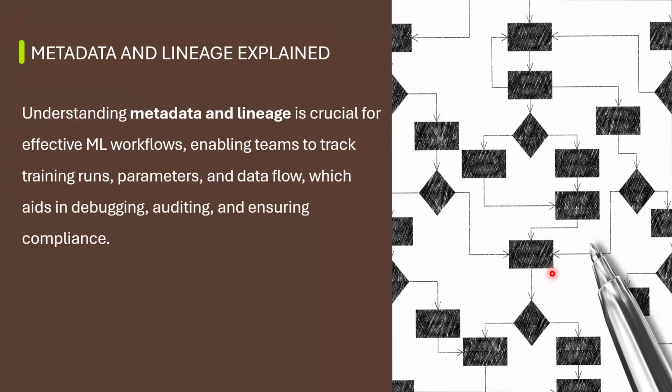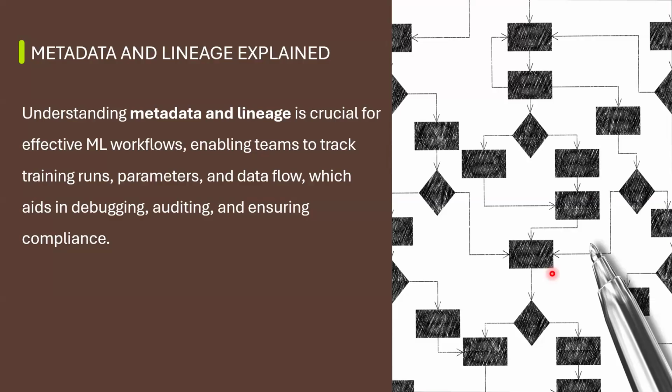So our next item is metadata and lineage explained, right? Metadata is just a naming for data, in a sense. The metadata and lineage provide visibility into how the models were created and used. It gives us information about the training runs, the different parameters used in that training, and the performance metrics. That's metadata. It titles the information we're looking for.